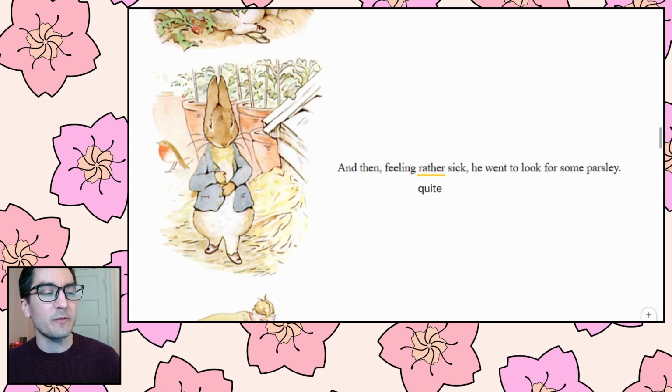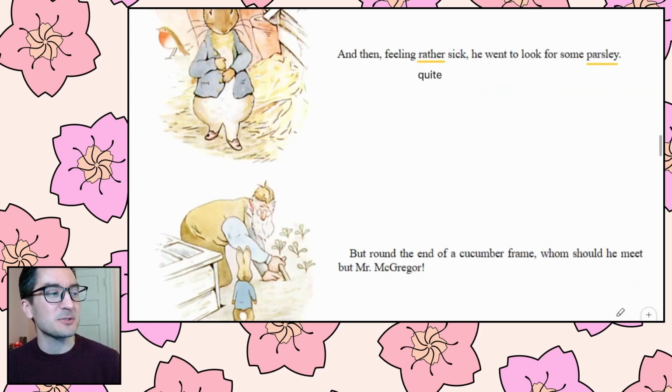He went to look for some parsley. Parsley is a green leaf. It looks kind of like in the back of this picture. They're little green leaves, and I guess you can eat parsley to make your stomach feel a little bit better. Okay? So he's looking around,